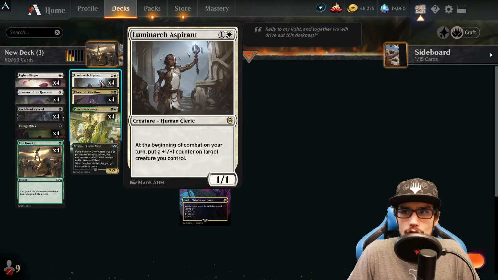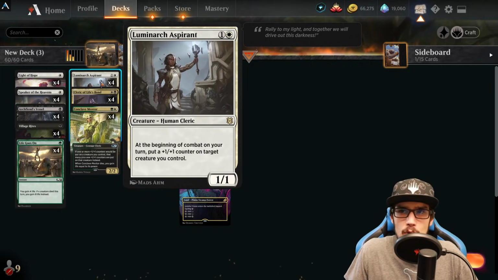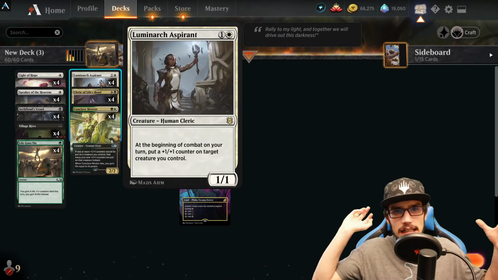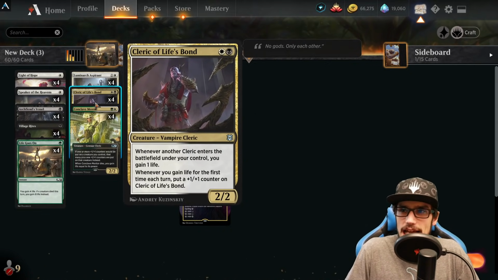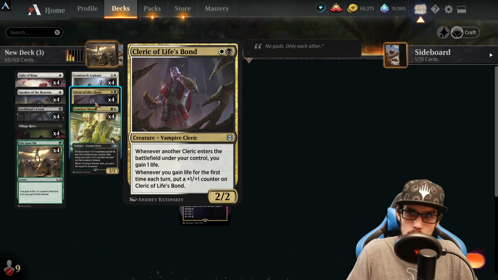the beginning of combat on your turn, put a +1/+1 counter on a creature we control. Typically, we like to put it on something with life gain, but once we do get angels in the air or demons, we can put it on either of those as well. 4 copies of our Cleric of Life's Bond, a 2/2, and whenever a Cleric enters the battlefield under our control, you gain 1 life. Whenever you gain life for the first time each turn, put a +1/+1 counter on Cleric